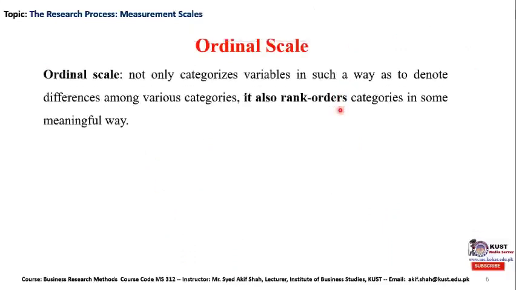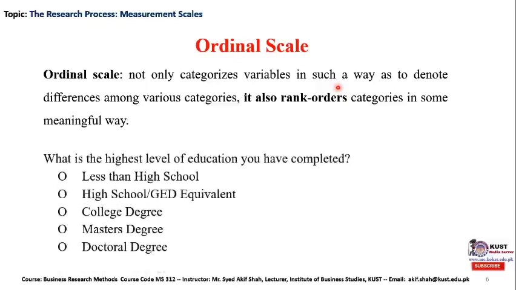Now let's discuss the second measurement scale, which is the ordinal scale. The ordinal scale not only categorizes the variable in such a way as to denote the differences among the various categories, it also ranks the ordered categories in some meaningful way. For example, if the researcher is interested to know about the highest level of education of the subjects, then the respondents can categorize themselves in one of the following categories, like